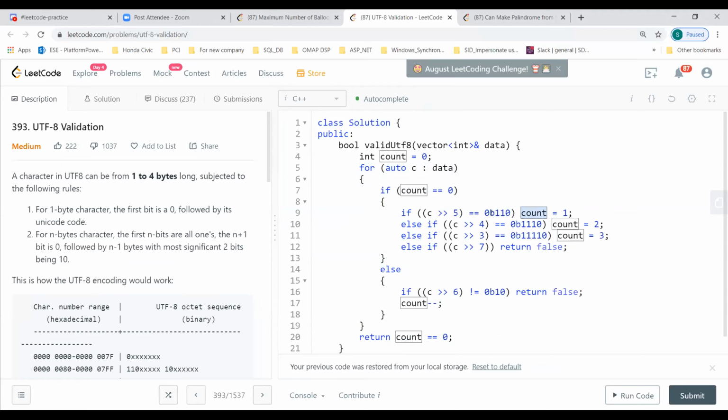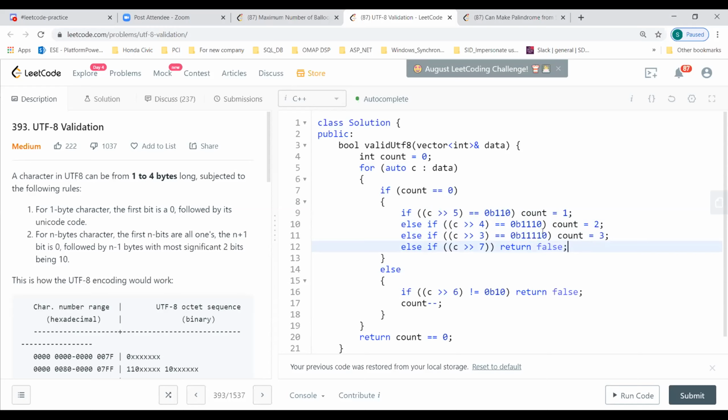If we right shift C by 5 and this value is the same as that value, then it means only 1 extra byte we have to check. The same thing for 2 bytes. They just shifted by 4 because they are removing the other bits from that. Or else if you find something more than that, then we return false.